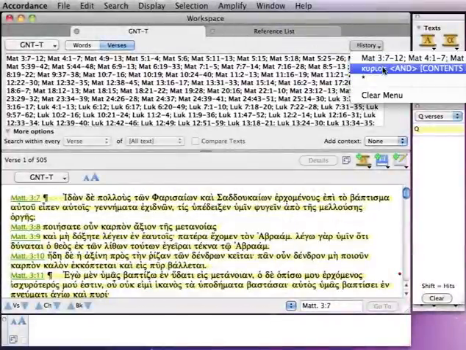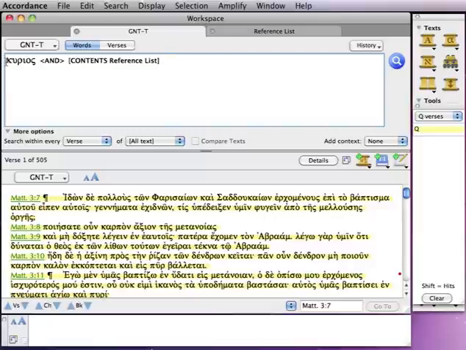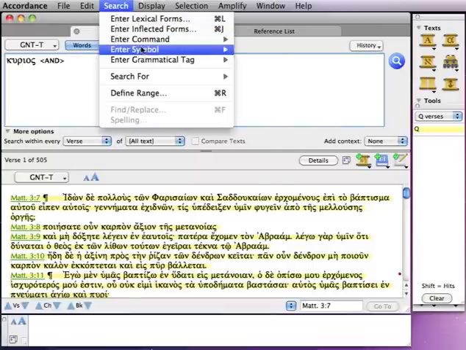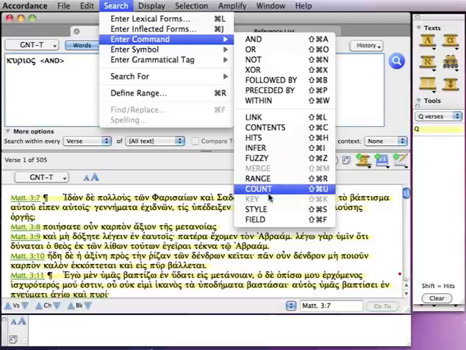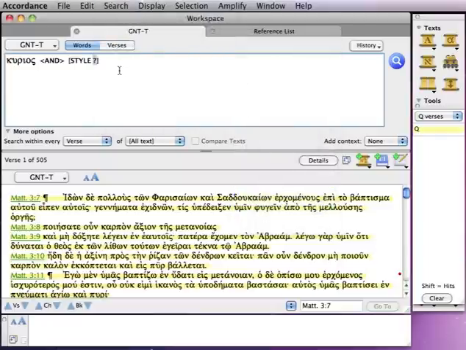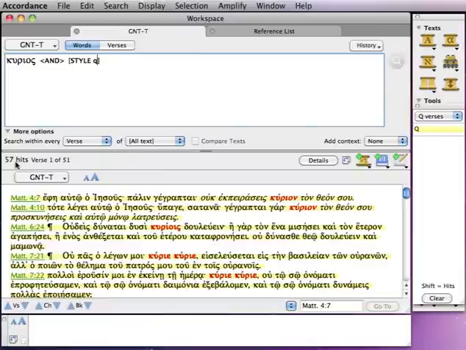Now if we go back to our search for the Greek lemma Kyrios, we can now refine or modify the search and use another command, which is the style command. And instead of the question mark, we can use the title of our style, which is Q. So when we run the search, we get the same number of hits and verses,